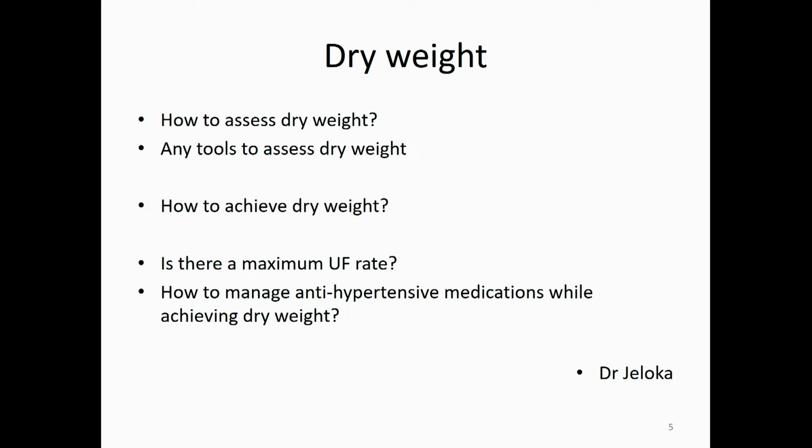And how do you assess it? It's mostly clinical. So you look for edema, you look for JVP, you look for blood pressure. As I said, the blood pressure should be normal. Ideally, it should be normal. It may not be always true. They may require blood pressure medicines. So clinical evaluation by virtue of edema, JVP, and blood pressure will give you a sense that this patient is overweight or above his or her dry weight, and you start adjusting or correcting the dry weight so as to manage patients on dialysis. There are other ways, objective ways of assessment of dry weight also, which may assist,